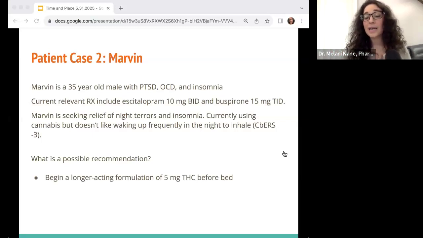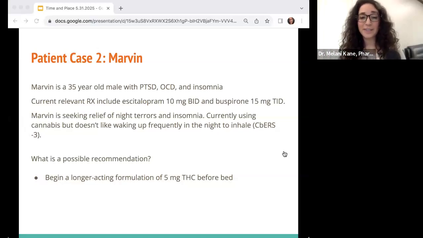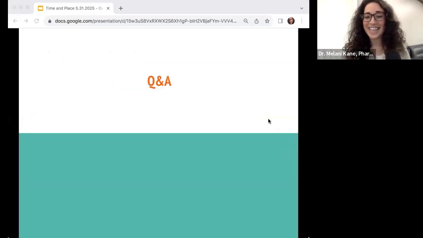That would indicate to me a timing issue because the effects are persisting longer than we'd like them to. So in this hypothetical example, I would tell Marvin, take your THC after dinner. So give it some time earlier in the day. Hopefully that's enough to help it wear off. Whether this, let's say, was a capsule, maybe if that still wasn't working, I could try a liquid, so something that would work hopefully a little bit shorter, but again, not as short as the inhalation route, which we already found to be ineffective.